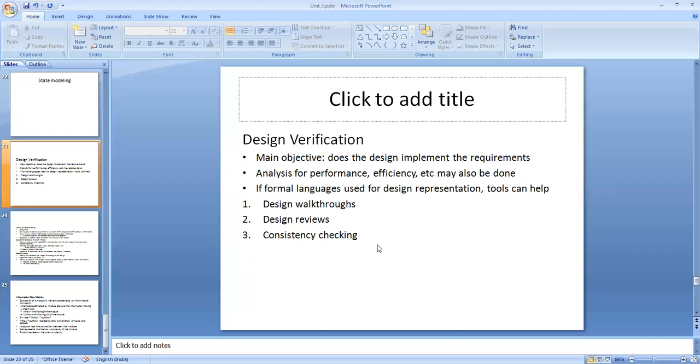The way the design walkthrough is performed varies from one organization to another. Design walkthrough is done in an informal meeting called by the designer or the leader of the designers group.